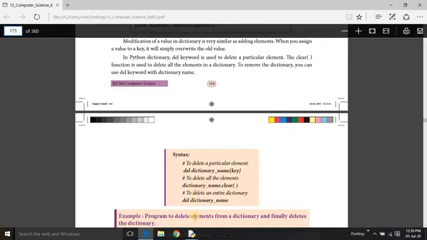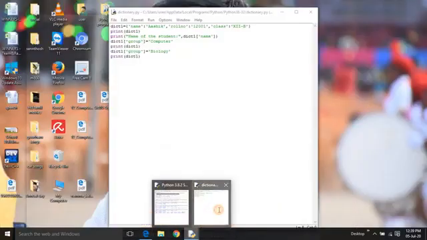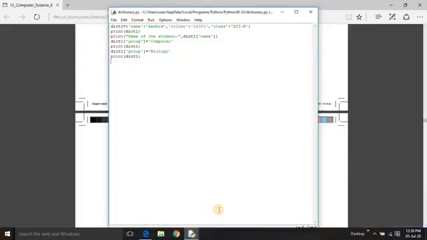This is also very simple. I am just giving del. Which one do I need to remove? I need to remove roll number. Print dict1.